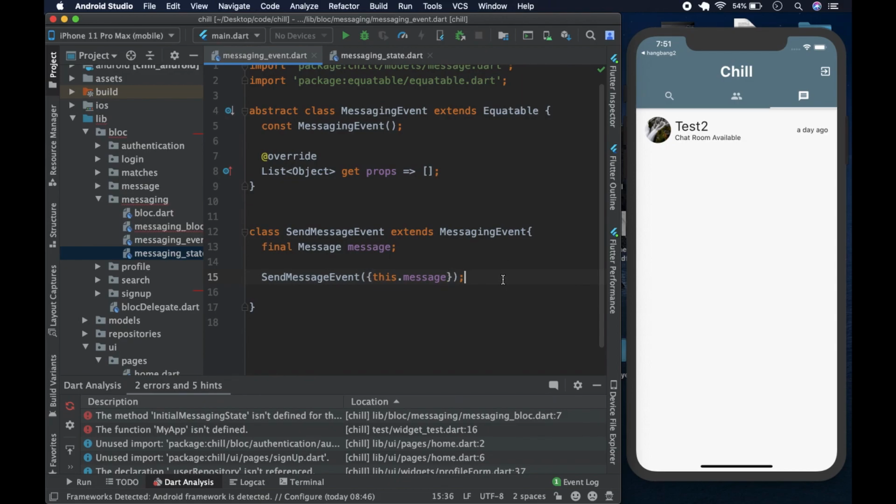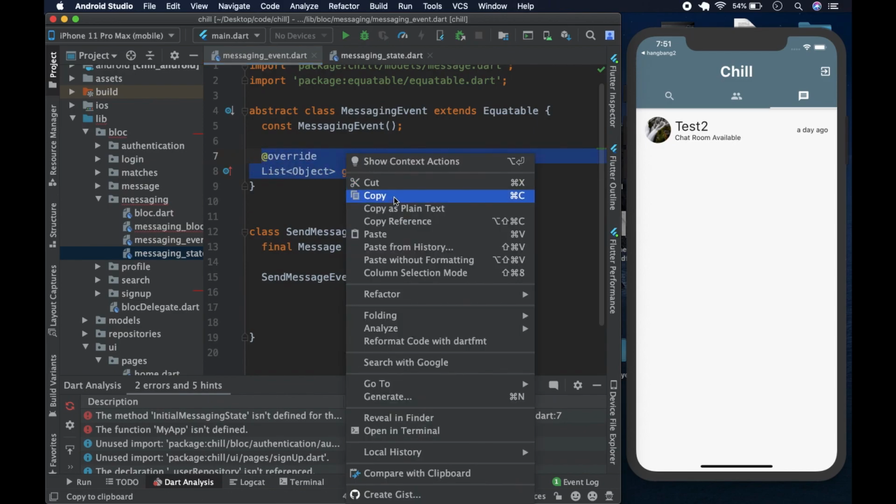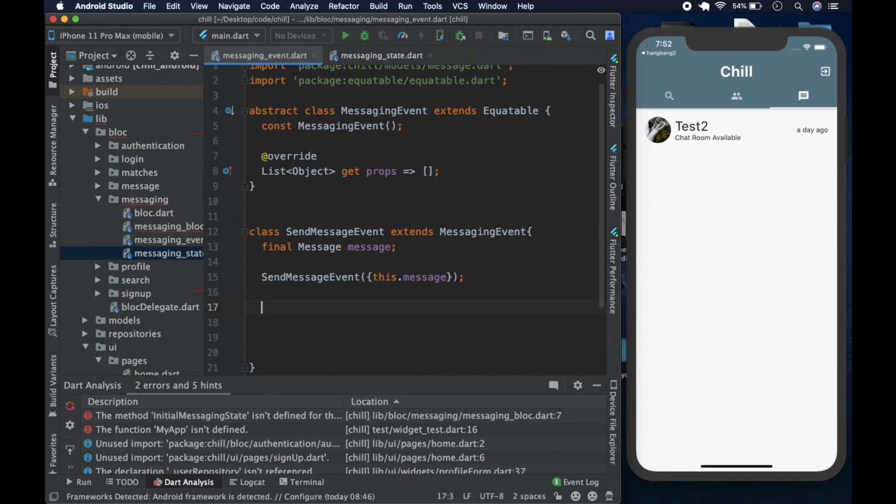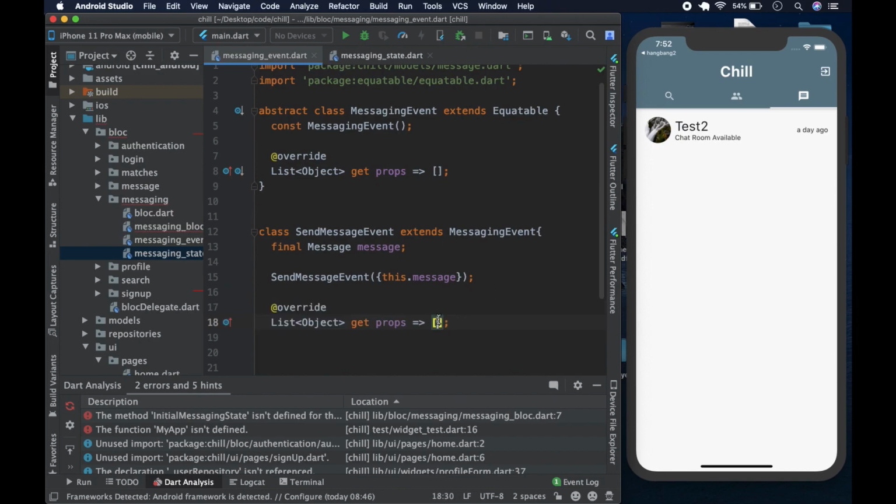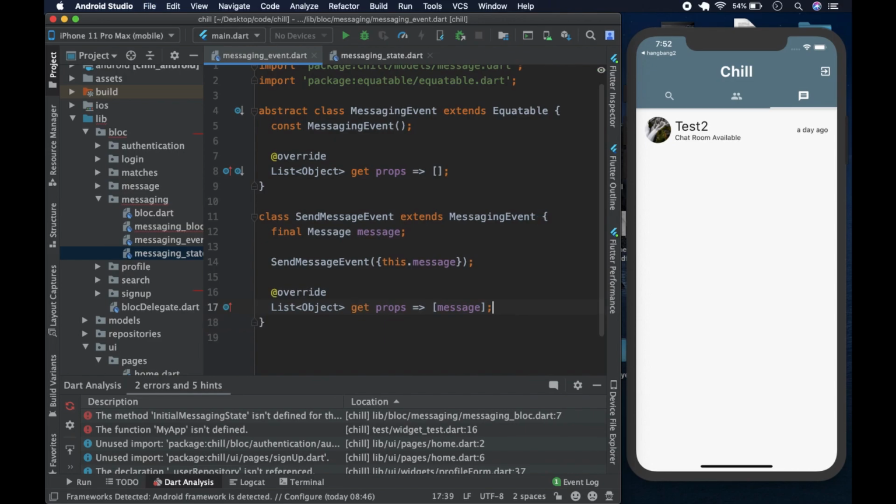And after that, we could copy this line because we're going to be comparing the various objects based on the messages. So we could copy the line, come down here, paste it, and here we enter message. Should be second nature by now. And after that, we are going to have another class. Could just type it out. It's going to be called message